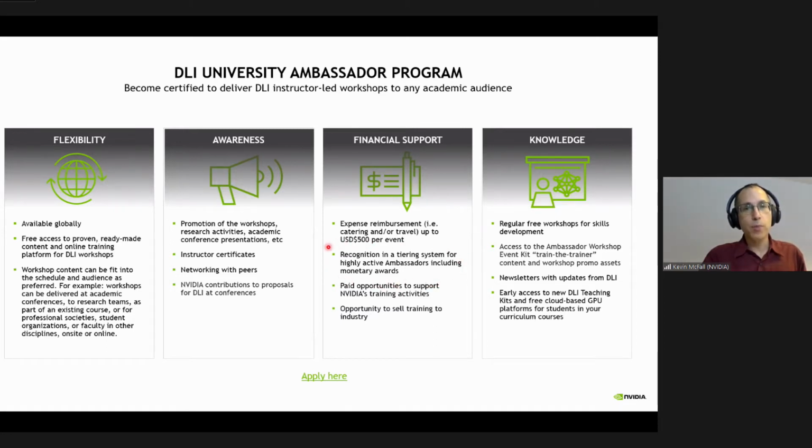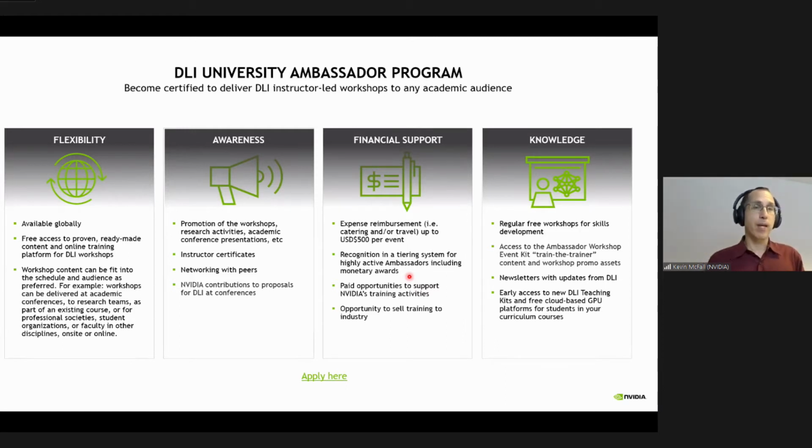But there will also be monetary awards for ambassadors who deliver multiple workshops in a 12-month period. So you can actually even get paid to deliver these workshops if you do enough of them. And there'll be more information coming about that. We'll probably officially launch that in January, but that's coming.